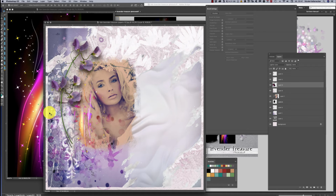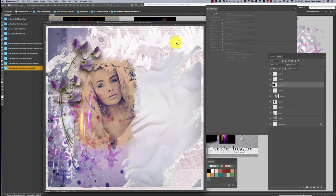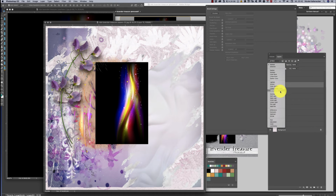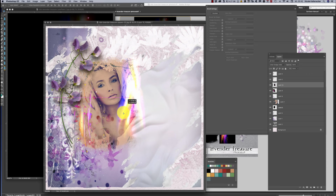So lens flares, magic lights are always a little bit something to play with, and you need to change always those layer settings to achieve a nice effect. So this is what we can do here. Maybe that looks a little bit like her hairs do have a kind of glow. Maybe we change a little bit this opacity, that it's not too bold. So okay,